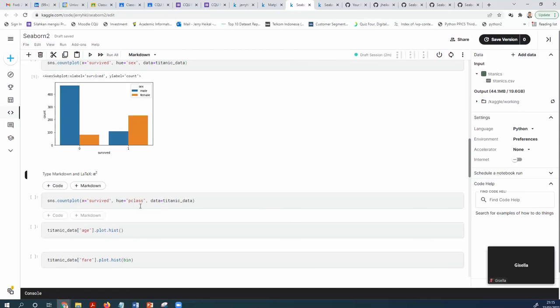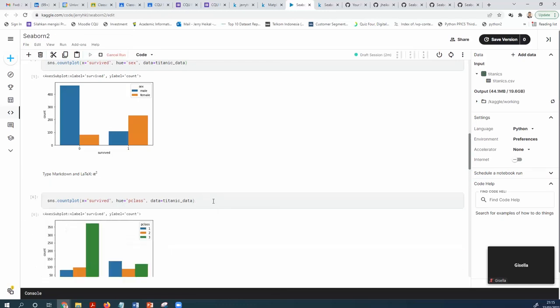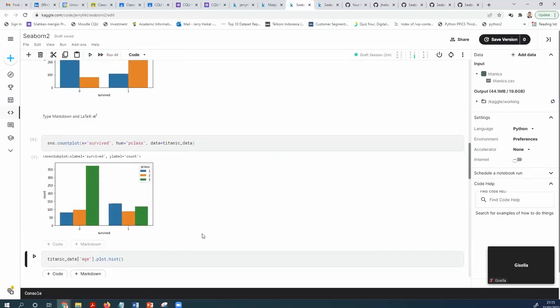And then we can also count plot the survive, and the hue is the passenger class. Okay, this is the survive, this is the frequency, on top of the passenger class.